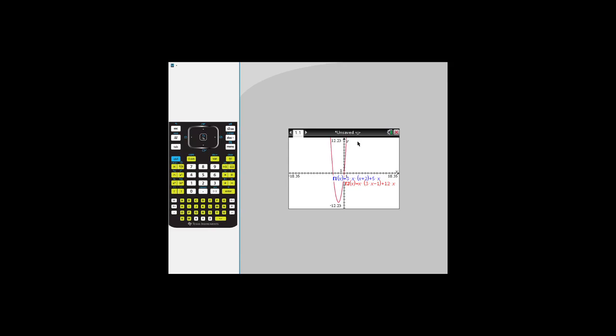Now we could go from here to a table, and this is why I chose to do the graph first: I've got the expressions entered in as functions. I've graphed it. Now I go to Menu, to Table, and Split Screen Table. And this gives us our next method, which is comparing results in the table. And I can see as I go through it, I have my F1 here in the first column, F sub 2 in the second column. And I have values that, as I scroll through it, appear to be the same thing,